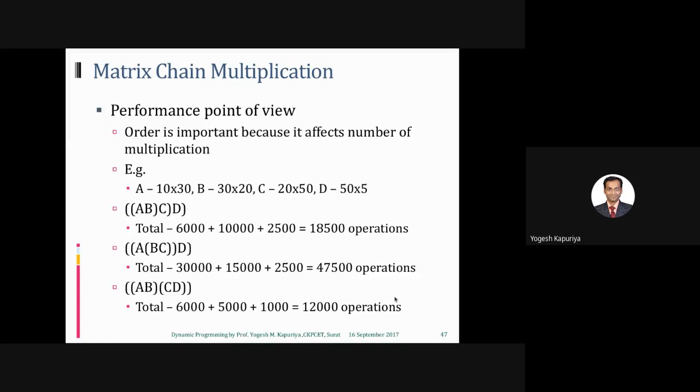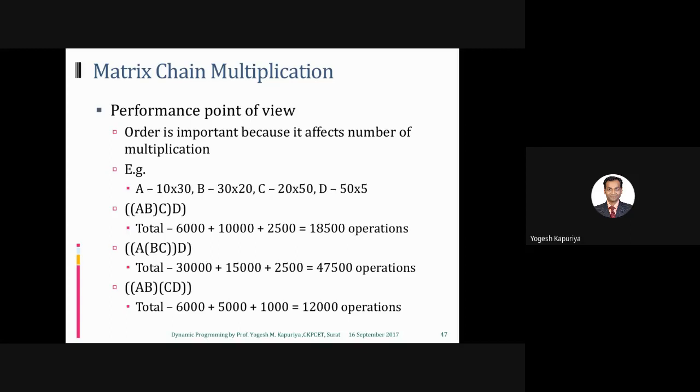So the point over here is very simple and straightforward. Even though the result is not important, the way in which you are multiplying the matrices is very important from the performance perspective. So this algorithm basically targets or finds out the order in which matrices should be multiplied. We are not actually improving the matrix multiplication. That you might have studied in divide and conquer, how to multiply two matrices, and you might have studied one or two algorithms for the same. But here we are not actually performing multiplication.